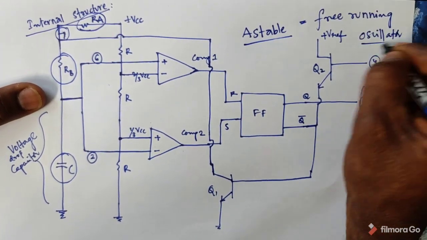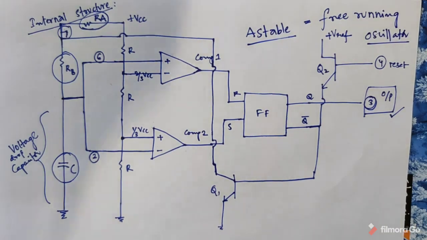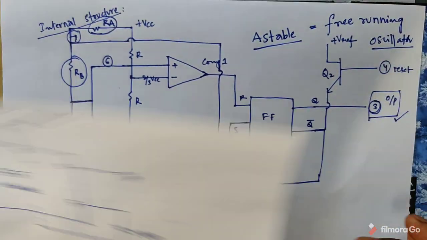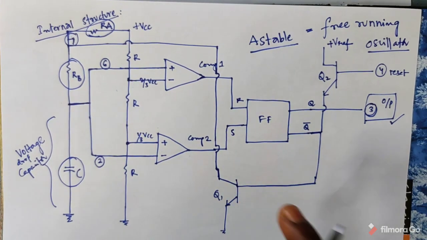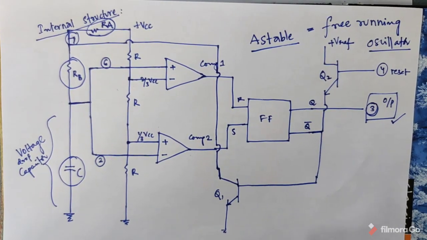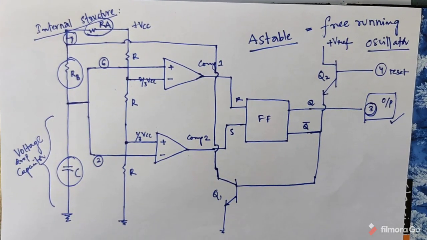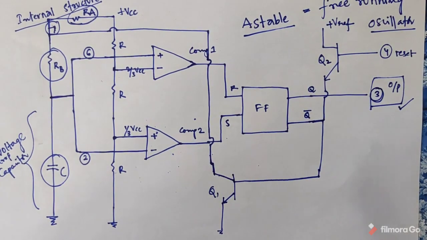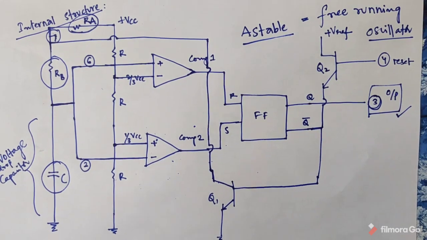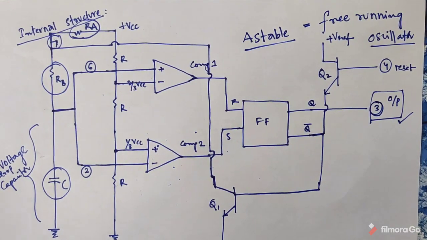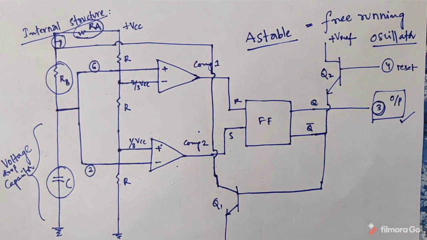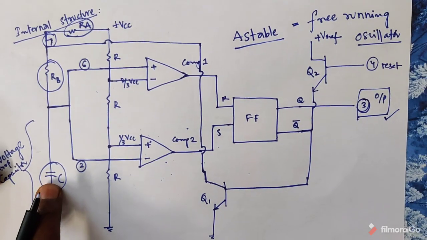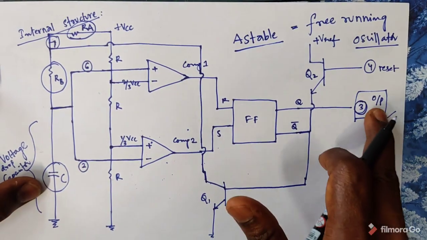Free running oscillator, that is actual no stable state. Now based on this internal structure we have to design waveforms based on detailed operation. So in this topic, this is an astable multivibrator. You are not able to apply any external trigger. That's why always you have to consider only voltage drop across capacitor and output value.